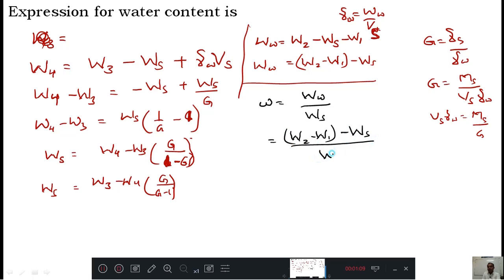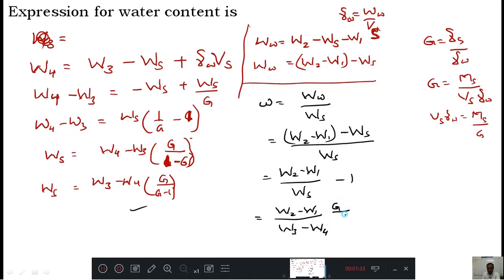Weight of solids is Ws. Then if I split this one, it is W2 minus W1 by Ws minus 1. Then W2 minus W1 as it is. What is this Ws? Ws is here, that is your W3 minus W4